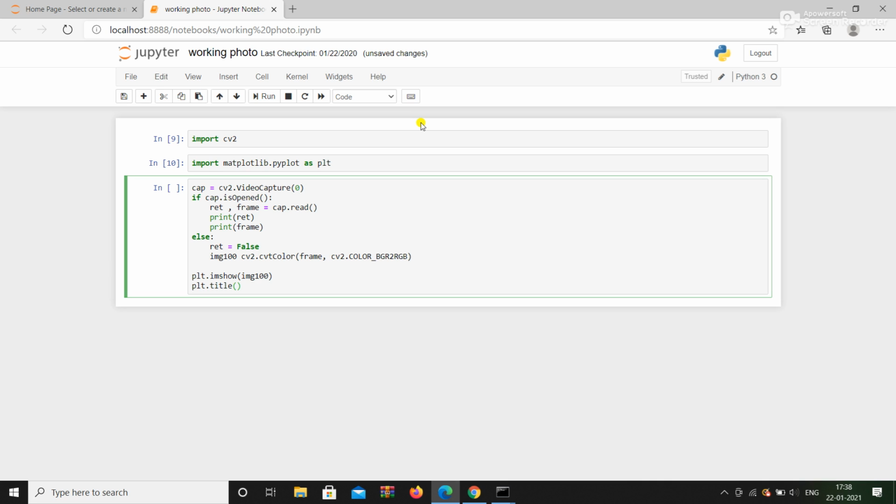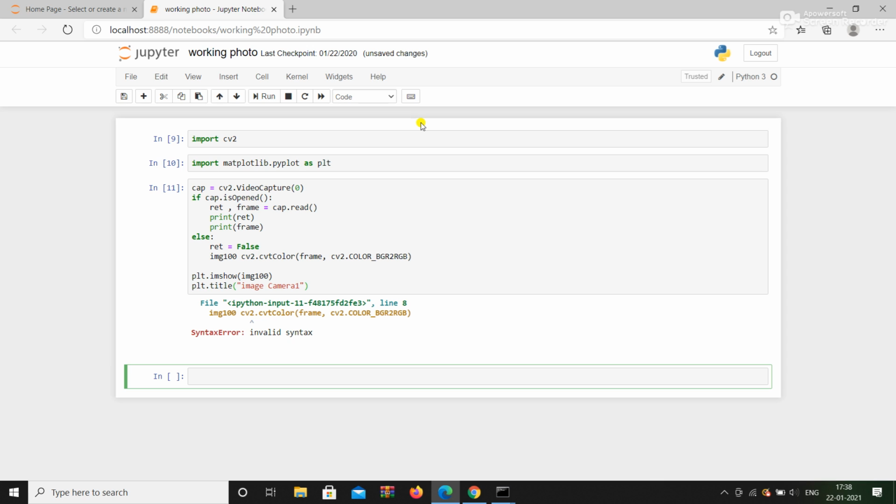You can also give the x axis and the y axis. In my case I am not giving them. I want to write in a double bracket, image of camera one, as I capture the image from camera one.